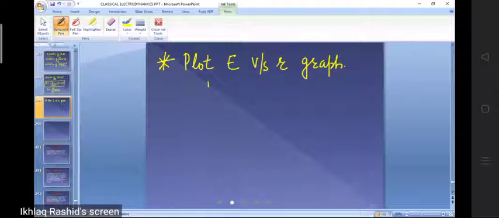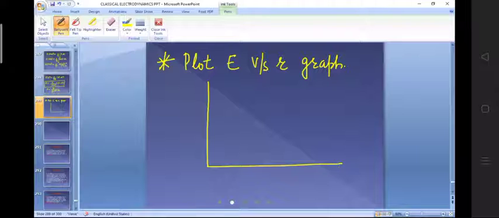Okay, so along the vertical direction, I will take the electrostatic field like this, and along the horizontal axis, I will take R, the radial distance. Then there are three different regions. This here, R equal to 0, is the center point. Then this is one region. This here is R equal to A. Then here it is another, that's R equal to B.